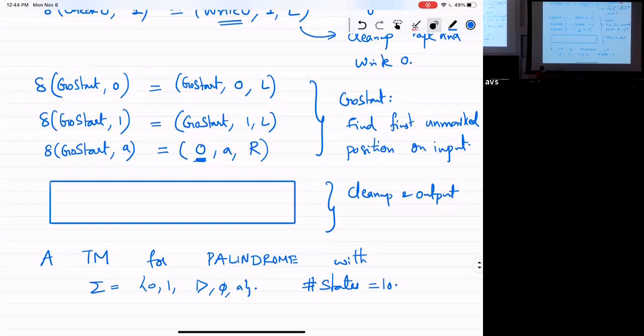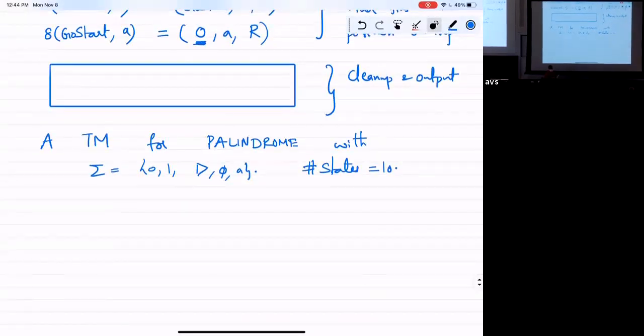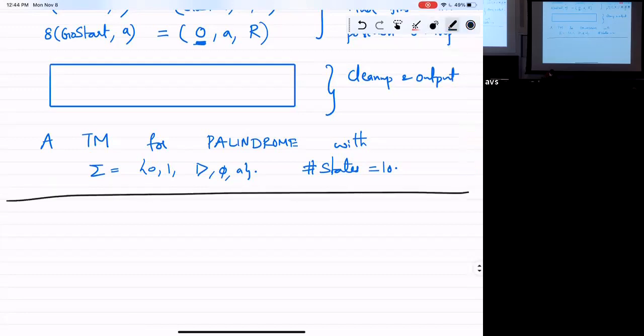Okay, so this is one example. Let's do one more example, and this time I'll stop just with the pseudocode. But the pseudocode should be at a level where you can understand that these steps can be implemented by local updates. You can't write down Python code and say, okay, that's my pseudocode for a Turing machine. That's a bit too high level. At the same time, you should not always have to go deep and write down the machine level instructions, the transition functions. You have to find the right middle ground. Let's do one more example.